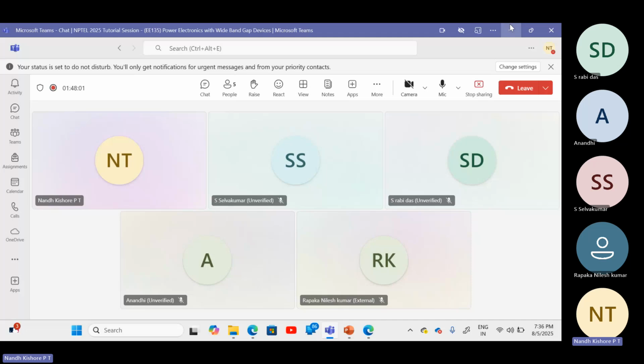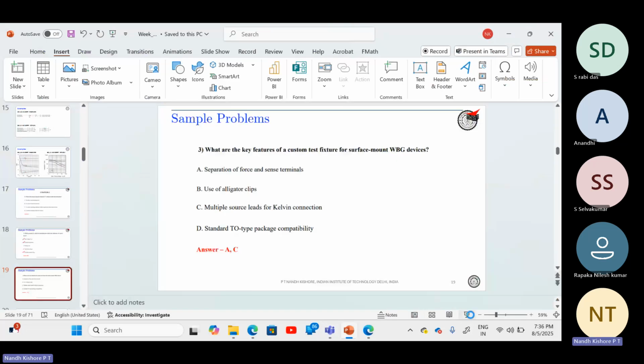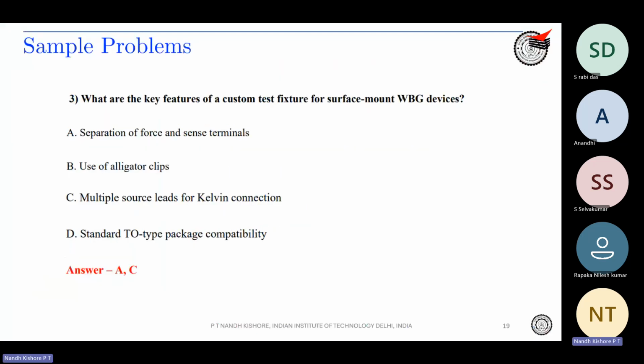Okay, so what are the key features of a custom test fixture for surface mount WBG devices? Separation of force and sense terminals, use of alligator clips, multiple source leads for Kelvin connection, and standard TO type package compatibility. So I think we were discussing in the last class as well. That is, you have what is called a Kelvin source connection, correct? So typically,